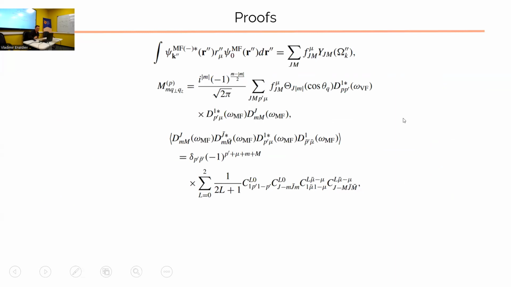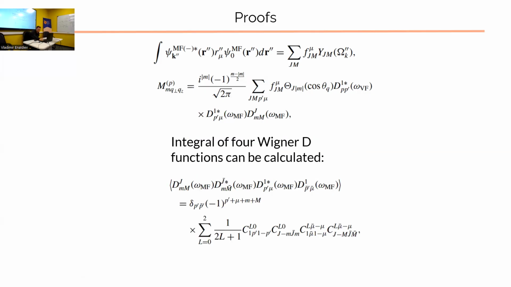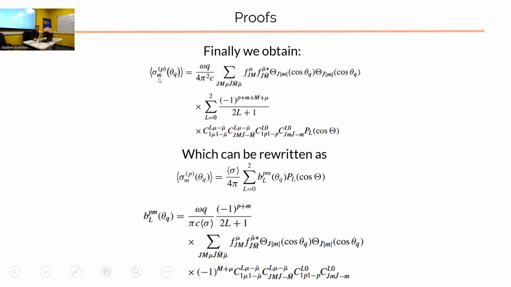When we square the amplitude and average over molecular orientation, one can calculate the integral over the product of 4 Wigner D functions by this formula. And finally we obtain the following formula, and you can see that here is a sum of these coefficients which we calculated